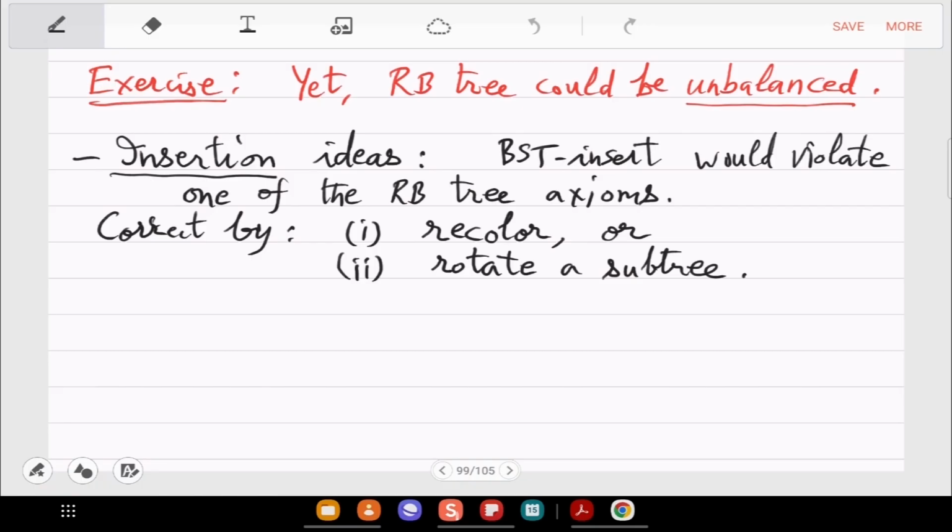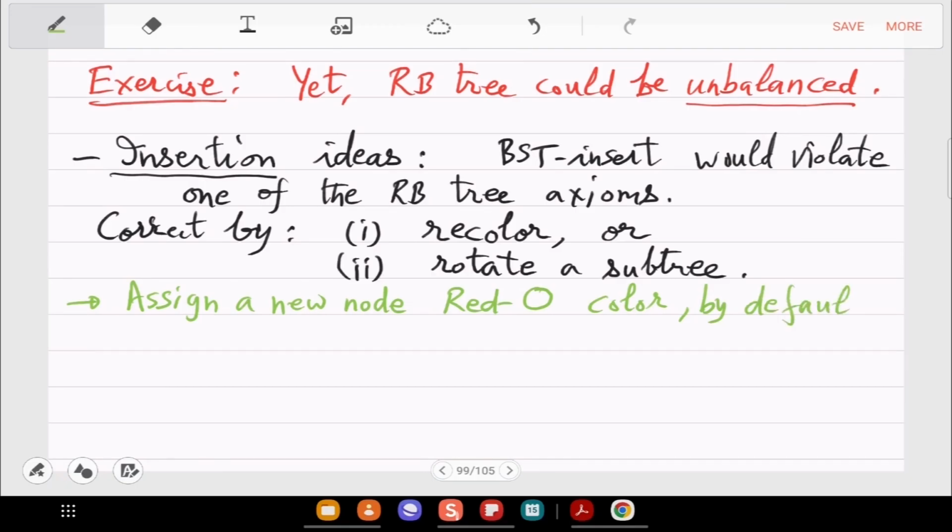So first idea is that we will assign a new node red color. Red, remember, we denote by circle and black by square by default. Okay, so when you want to insert a new node, you have to search for its location and create a red node, insert it there. But then, when you insert a red node, can the black height change? The black height will not change, right? So it will remain